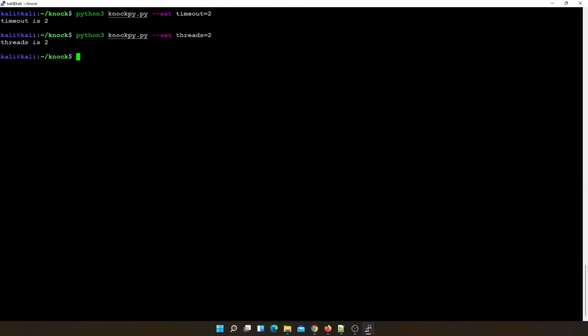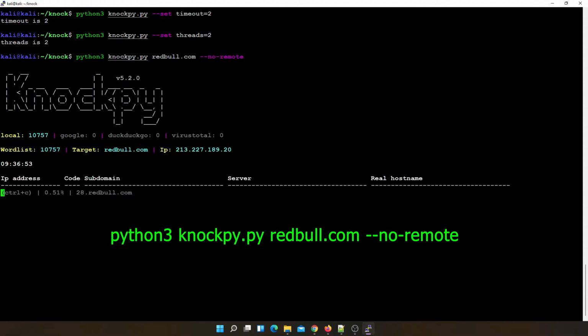So 2 threads only it will run. So now everything is set for us for the demonstration. In case we need to work with only the word list and do not want to query Google, DuckDuckGo, VirusTotal, then we can add the option no remote. So if you only want to run the local word list file, that is also possible. Just say no remote,